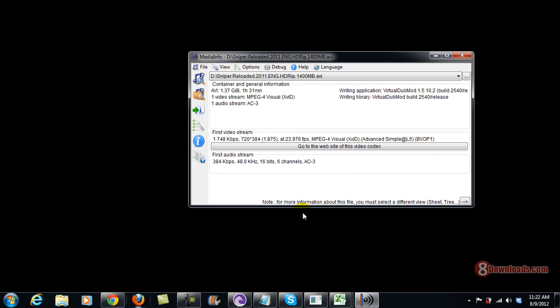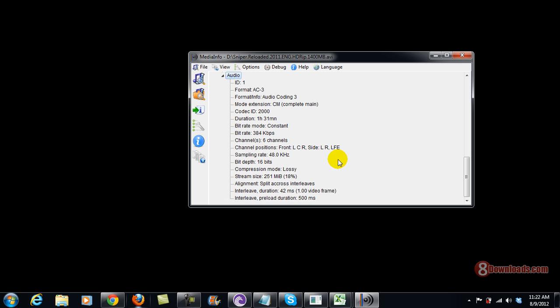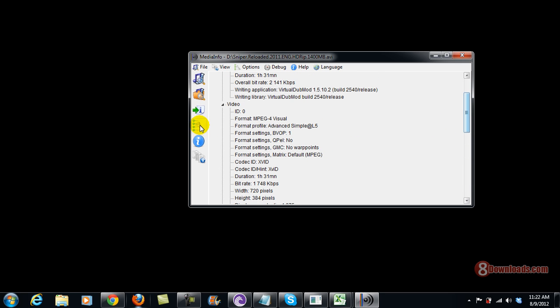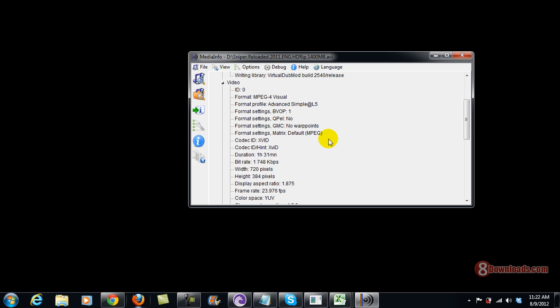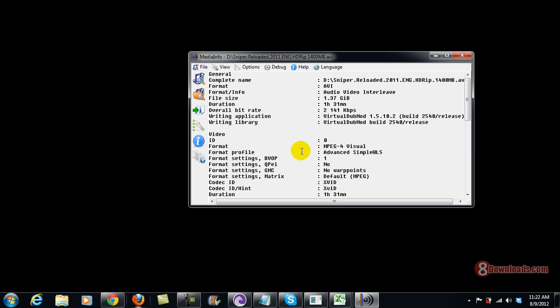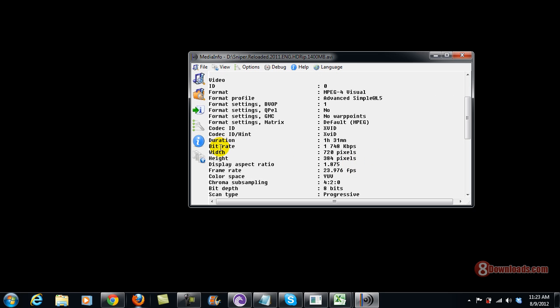Okay, once you open that in the basic mode, it wouldn't show what specific resolution it has, except as you will see it here. Now, if you want to view more, you can select the tree view, where you scroll up to the video section here, and then you would see the resolution is 384 by 720. So that means you have to take note of the width and the height. That is your resolution. You can also select the text view, which will give you a better view of your resolution. There you go.